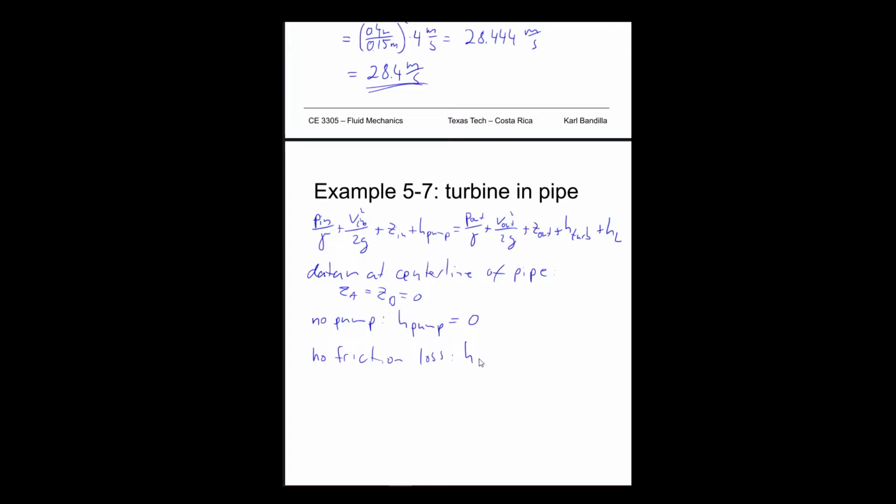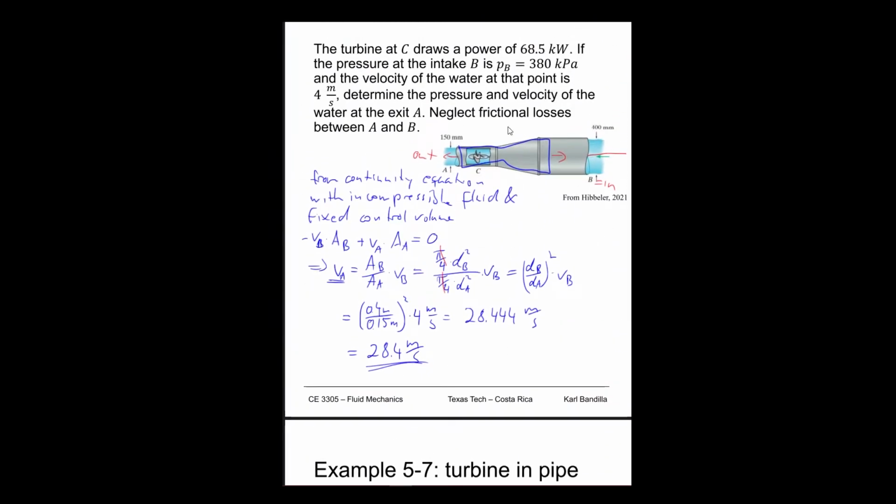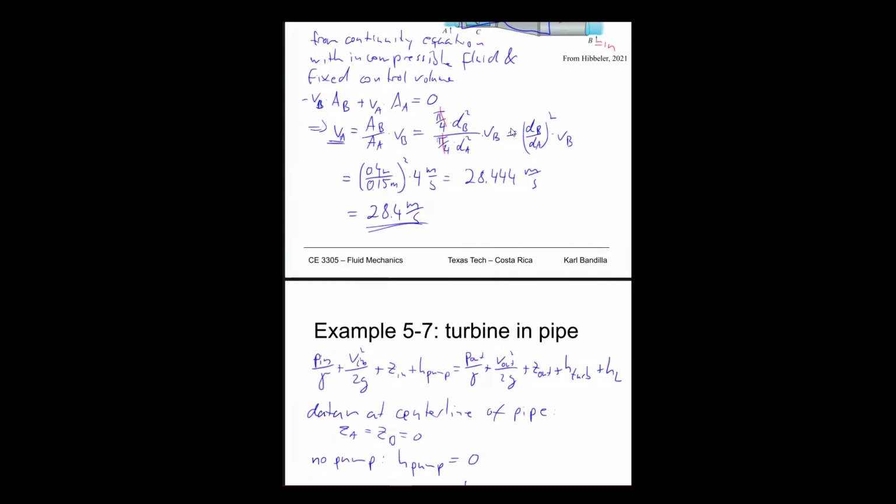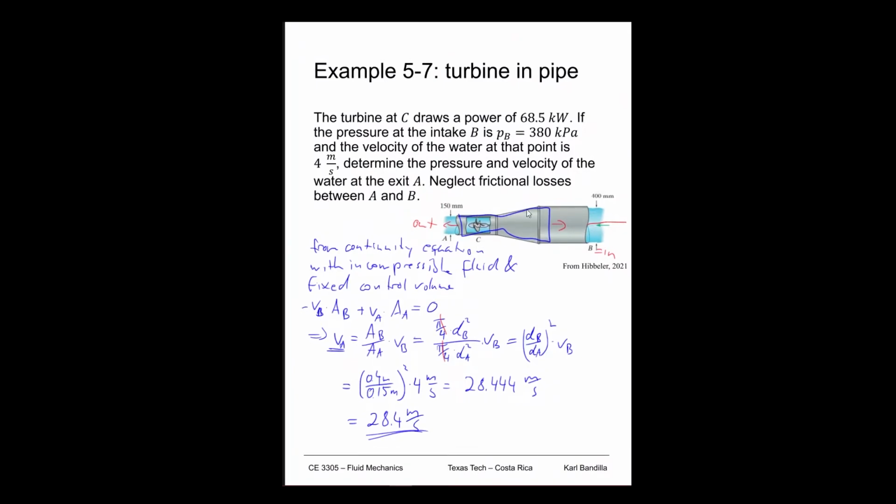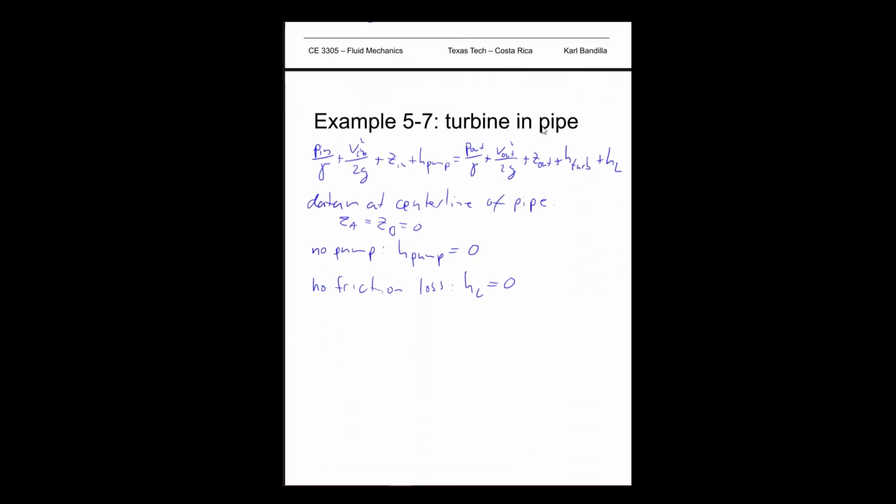That means HL is equal to 0. So I think we have everything. Oh wait, we have the turbine. It's given, but it's given as a power, and we wanted to have it as a head. So we have to go ahead and convert that. So we can say that, of course, our turbine head,